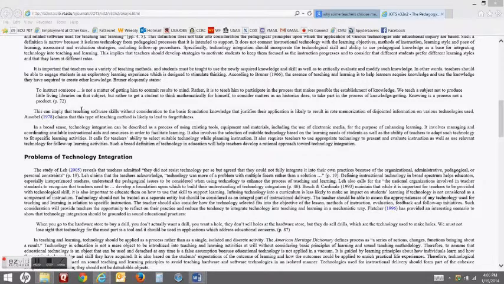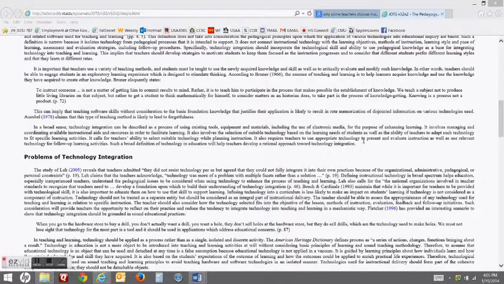Okay, and the next thing I find here is, in the broad sense, technology integration can be described as a process of using existing tools, equipment, and materials, including the use of electronic media for the purpose of enhancing learning. It involves managing and coordinating available instructional aids and resources in order to facilitate learning.